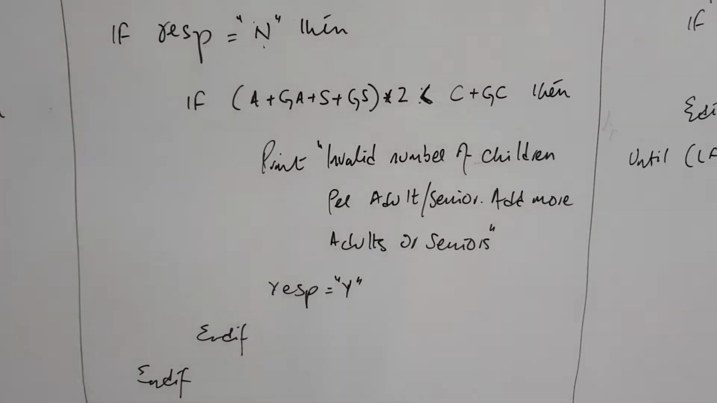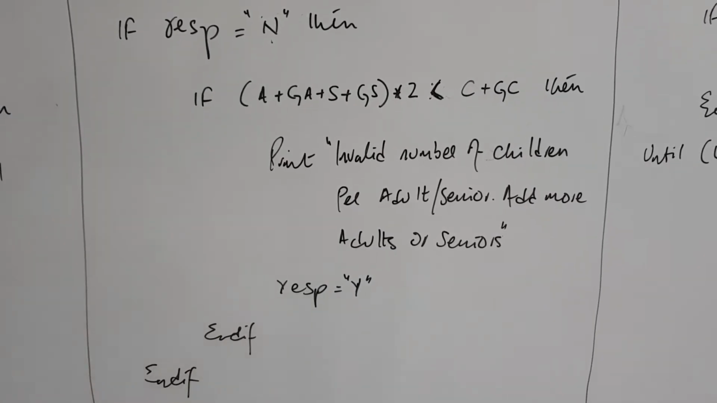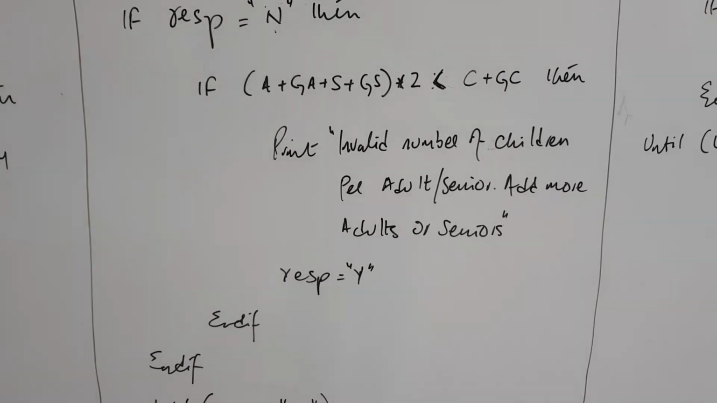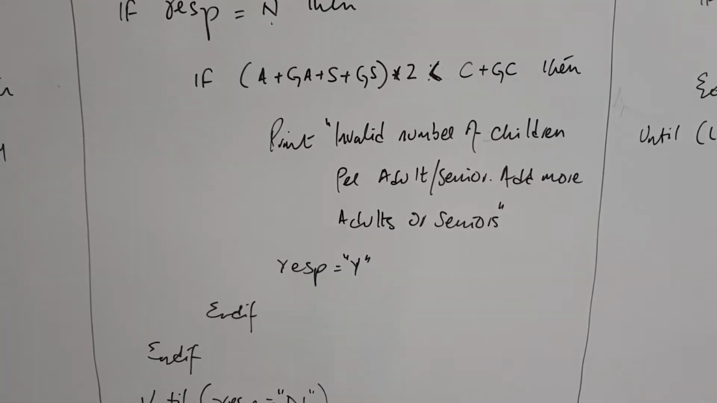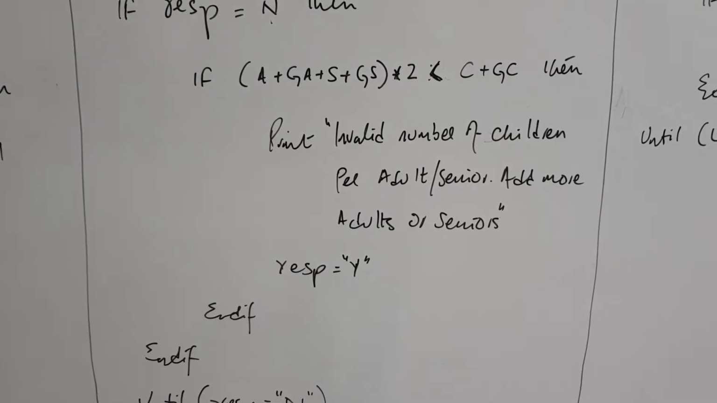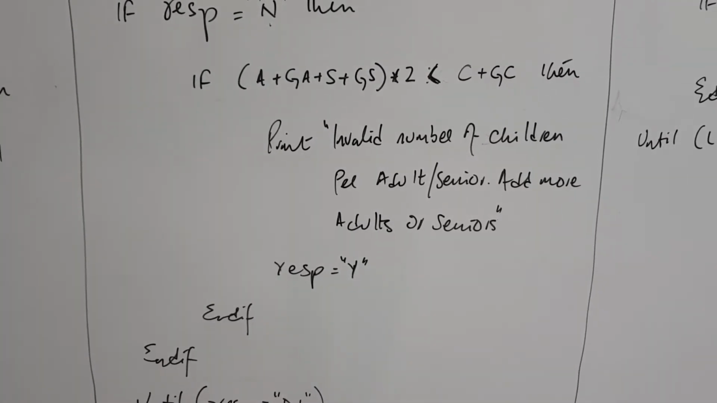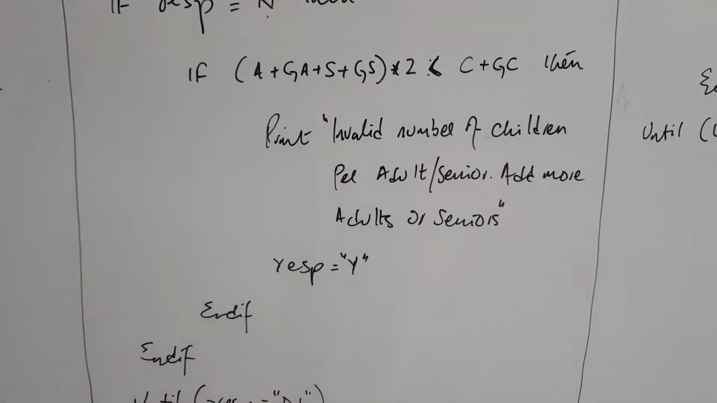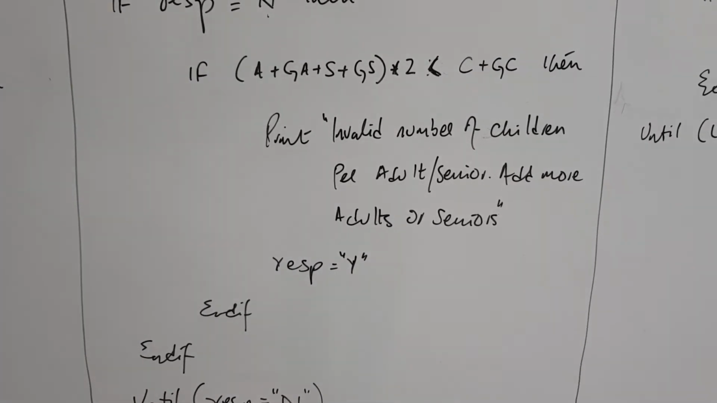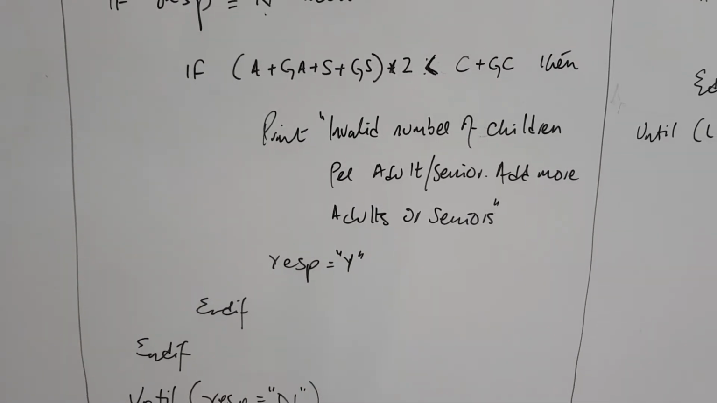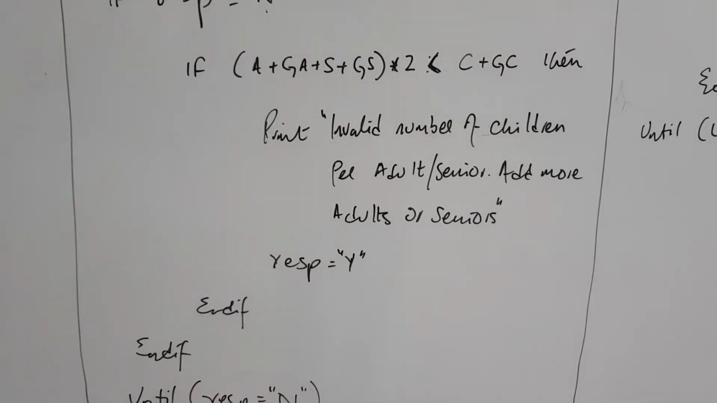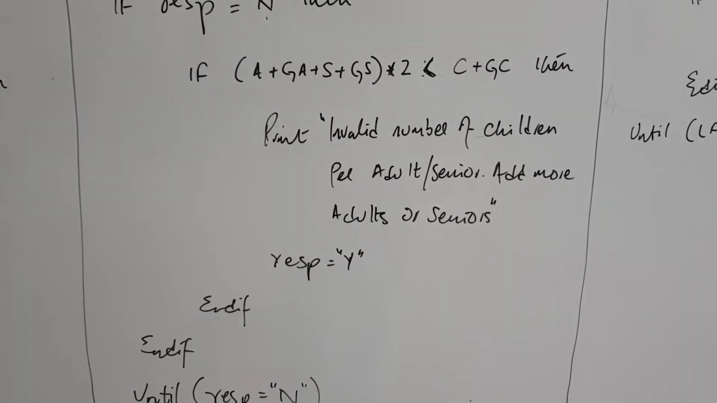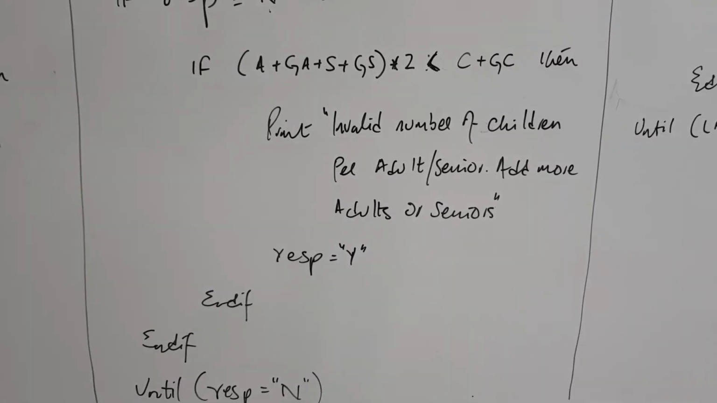We are adding up all of that, and we are checking whether that value multiplied by 2 is less than C plus GC or not. All the children are being compared with all the adults and seniors. If the value is less than C plus GC, which is all the children, if the number of children is more than twice that of adults and seniors combined, then it's going to display an error message, invalid number of children per adult, add more adults or seniors, and it's going to replace the value of